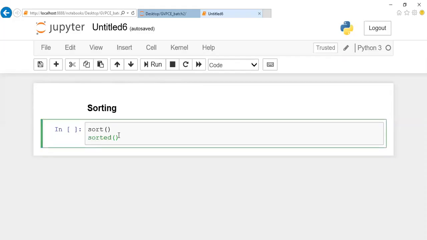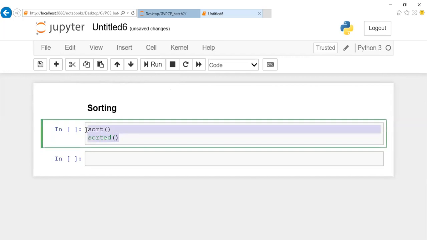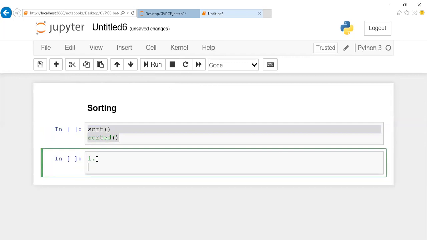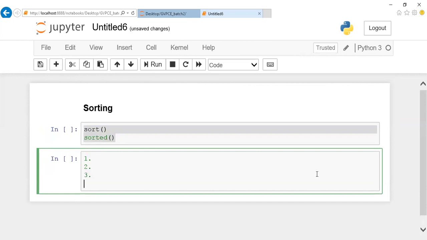Okay, listen here. Whenever we say sort, we already know there are two types: either we can go with sort or we can go with sorted. Apart from this, we should know about the sorting algorithm. Whether you use sort or sorted, these methods work based on existing sorting algorithms. There are different types of sorting algorithms. Have you come across them? Is this the first time you're hearing about sorting algorithms? Bubble sort, you came across, right? Then let me know the different types of sorting algorithms.